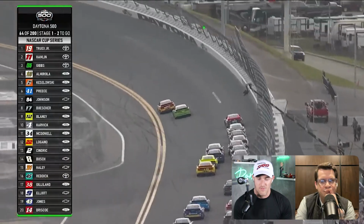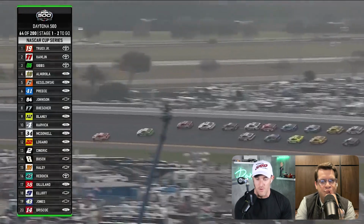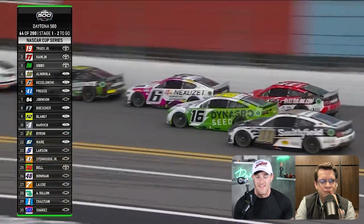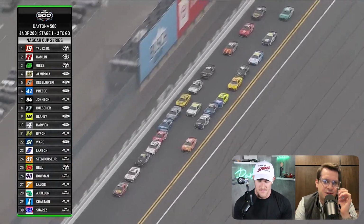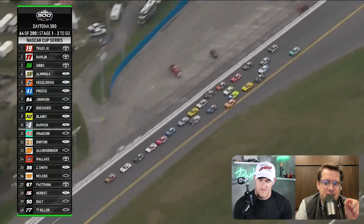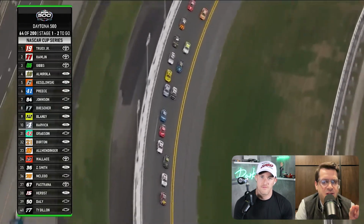So now we're coming to the end of stage one, and this is where we're looking for moves that drivers are making to win the stage or put themselves in the best position, because you can learn a ton for what you want to do at the end of the race and the end of stages from these last few laps. I spend a lot of time in my superspeedway research focusing on these scenarios where you have the leader towing a single file line, particularly the outside line,